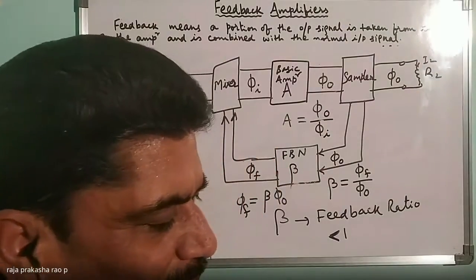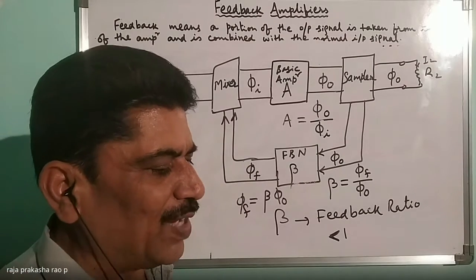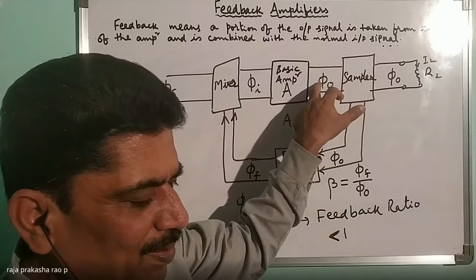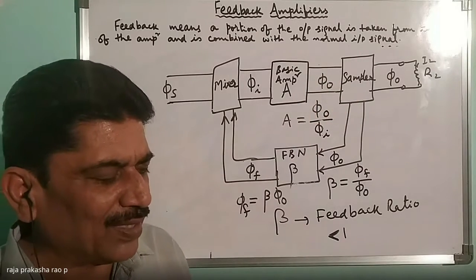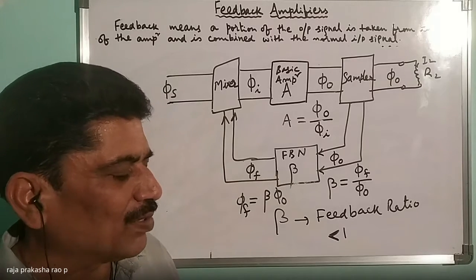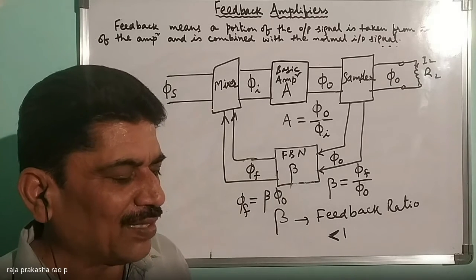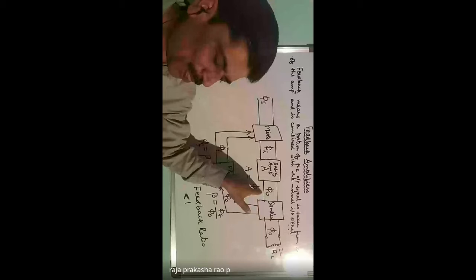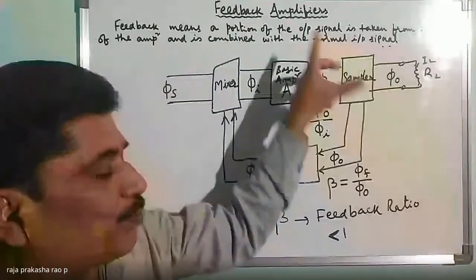Now coming to feedback, now we want a small portion of the output signal. What is the output signal here? Is it xo or not? Yes, sir. Okay, you just answer whatever questions I put, so that I can understand whether you are following or not. So xo is the output signal. As per this statement, we need a portion of that.